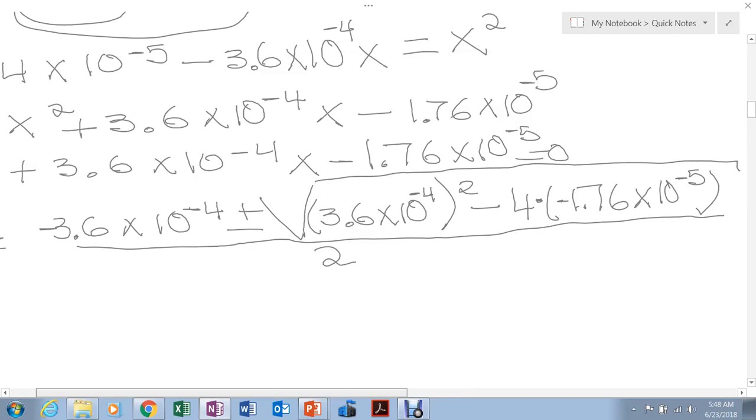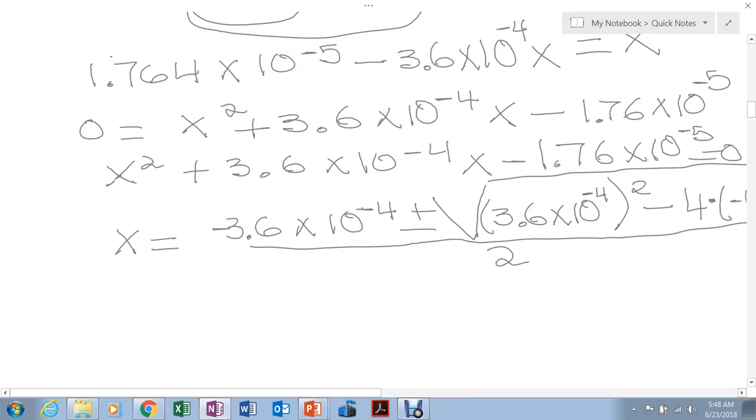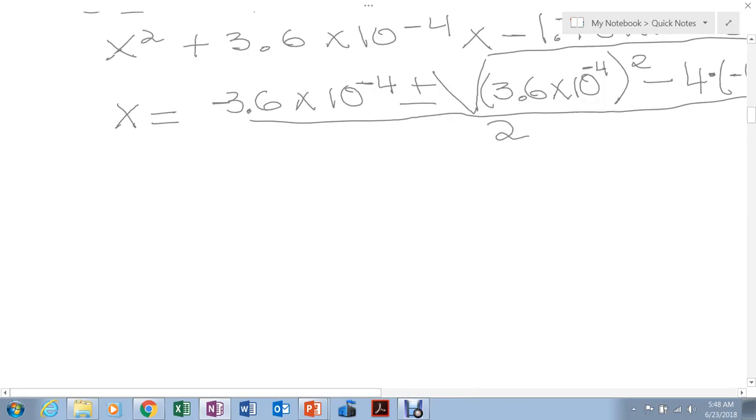So here, x would be equal to minus 3.6 times 10 to the negative 4 plus minus